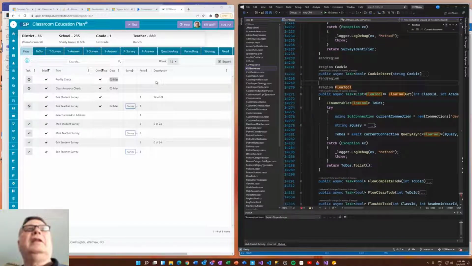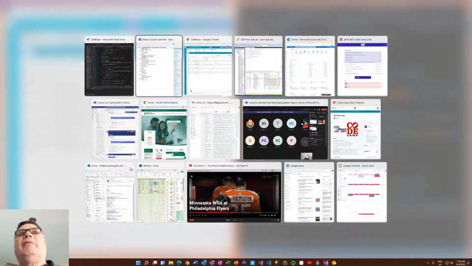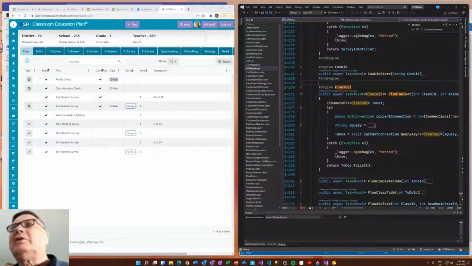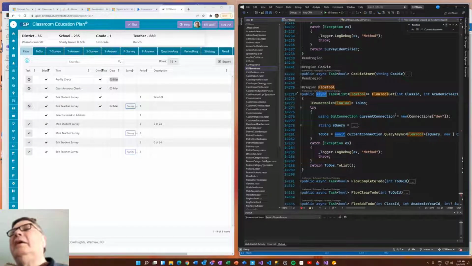The thing that you see on the left, which is going after this stored procedure, the code looks like this. It says it's an async method. I do everything async to make the response for the user very quick. I return back lists. I'm returning a list of the type FlowTool, which I just showed you a minute ago. I pass in a couple